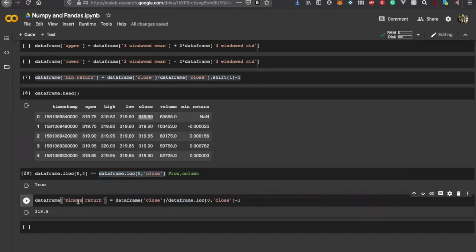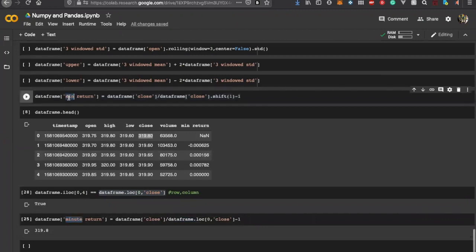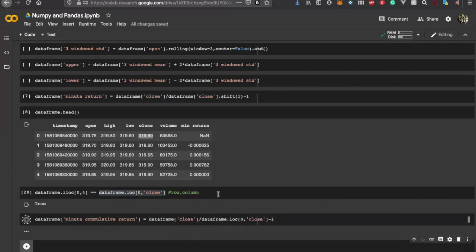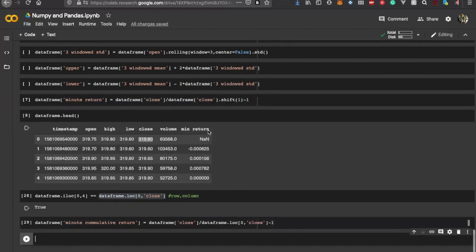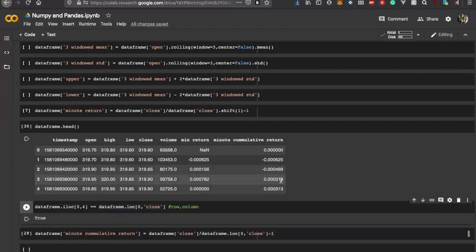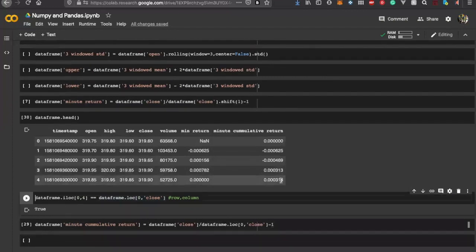You might get confused, so I'll rename this to minute cumulative return. You can now check the head, and it will give you cumulative returns. Cumulative returns, after some time, will be positive only, because in the longer run stock prices always increase unless